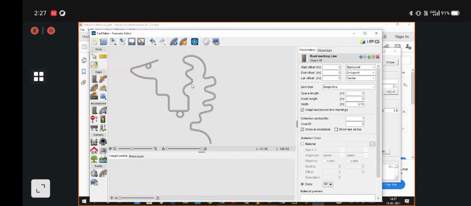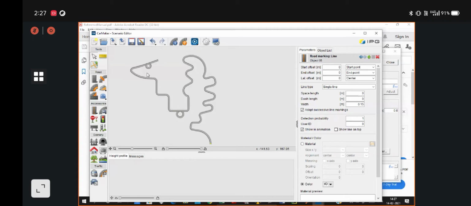I have included a few turns and a few straight patches, a few 360-degree turns here, just to show you an idea of how you can design your track, how you can simulate your vehicle, or prepare your vehicle for the main event.